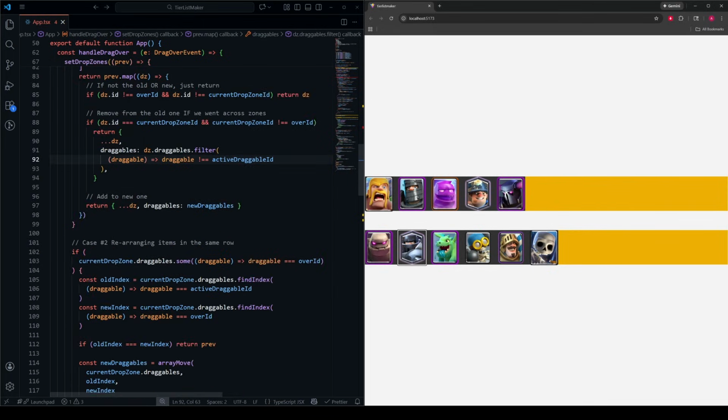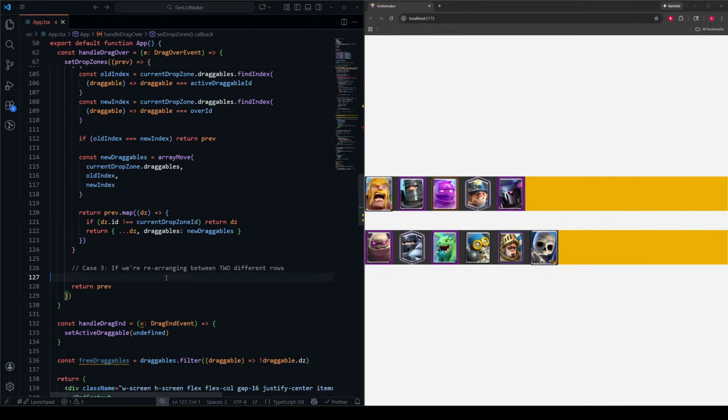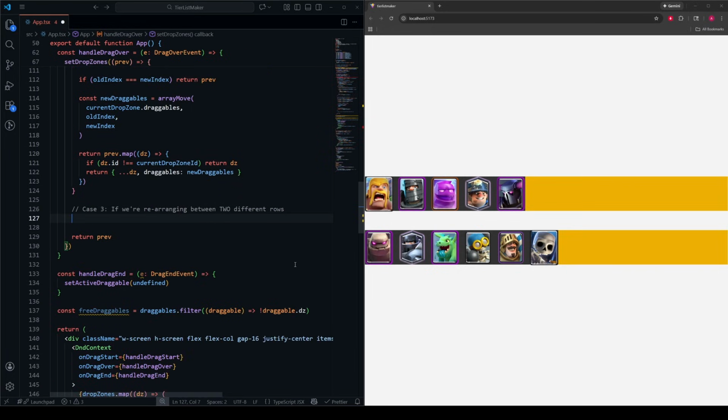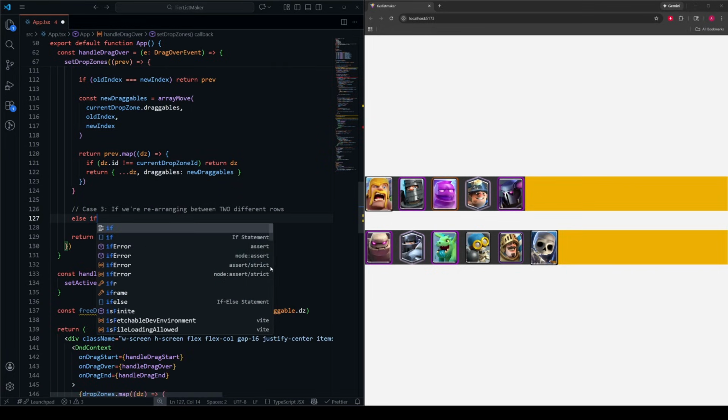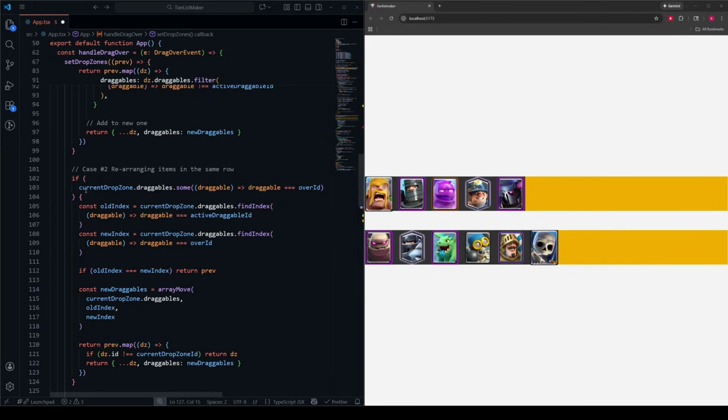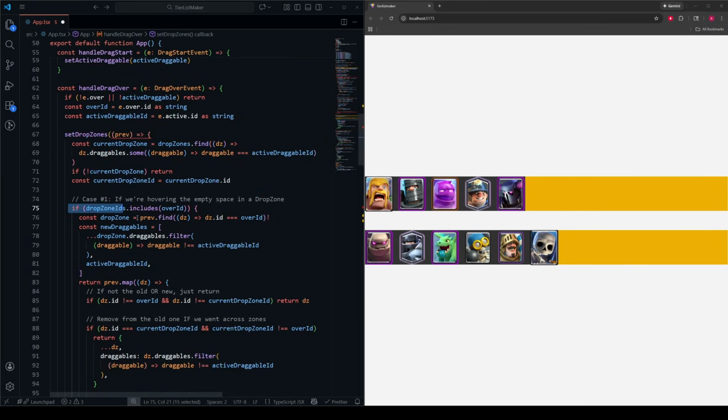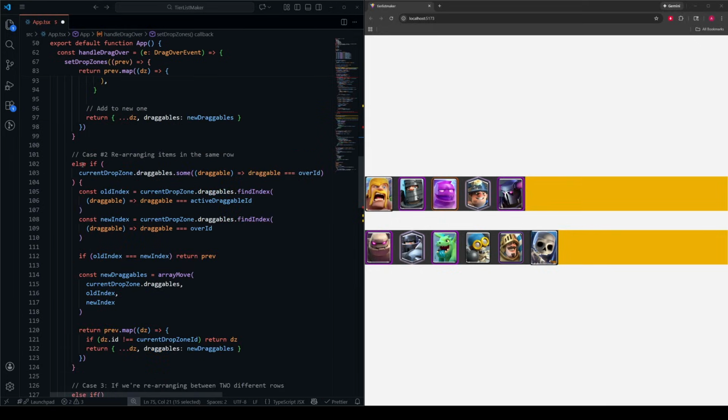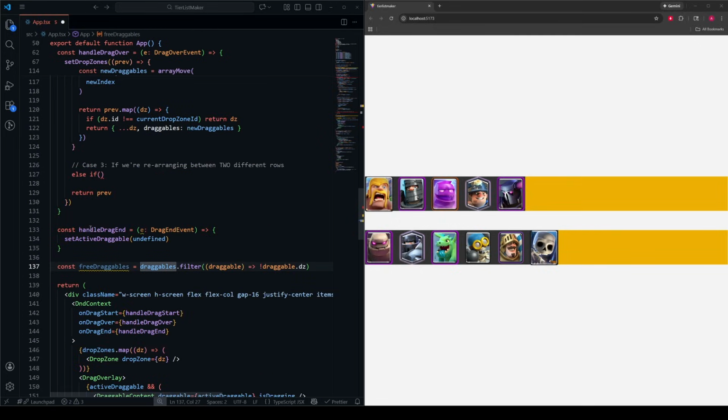Let's get it. In our handleDragOver, we've made room for where we're going to put case 3. It's just this right here. We're going to put all of this inside an else if clause, and actually for consistency, we'll also do that for case 2 as well, because the first if is case 1 up here. So we'll have case 1 being an if, case 2 being an else if, and then also case 3 being